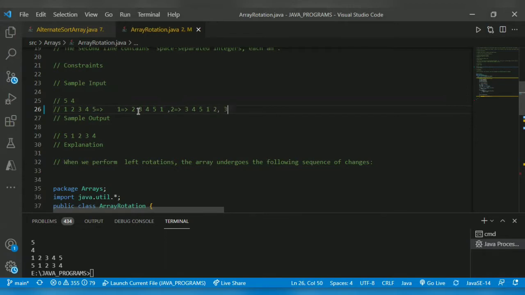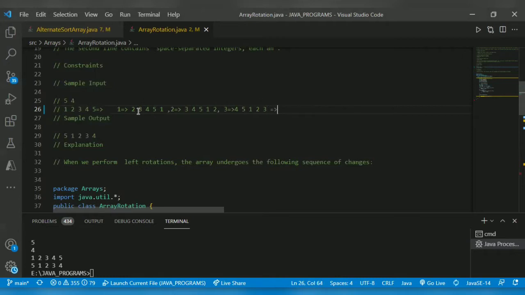For third rotation, it will come 4 5 1 2 3.